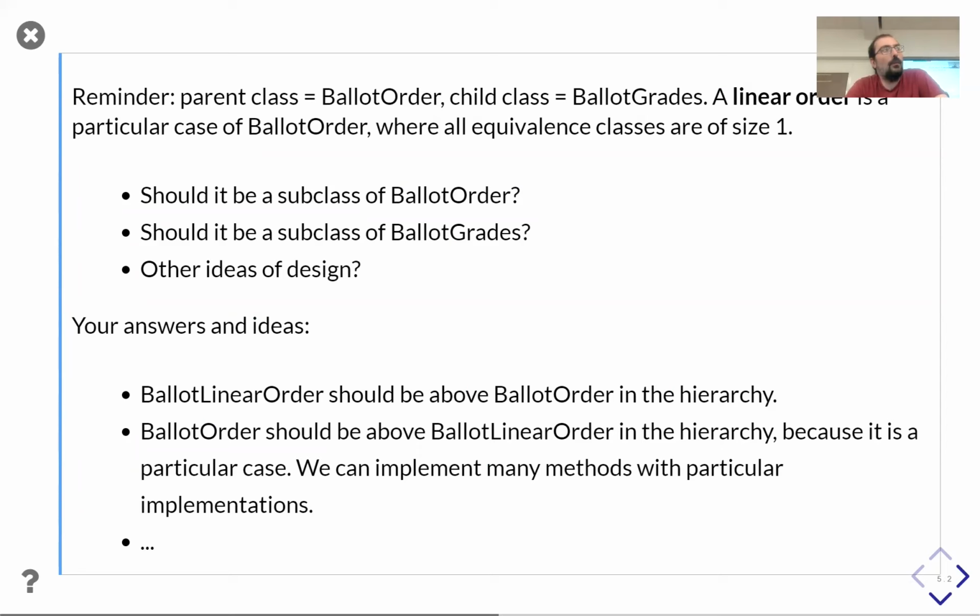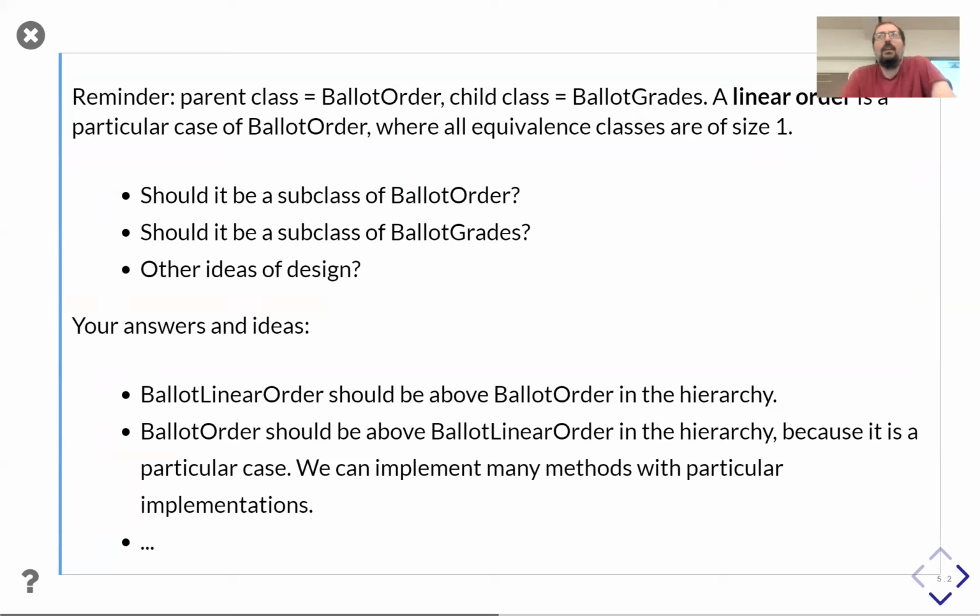So, for example, if you want to take the top candidate and you want it to return a unique candidate, you have the specification that it should return a unique candidate, then it works for a linear order, but it will not work for a weak order.